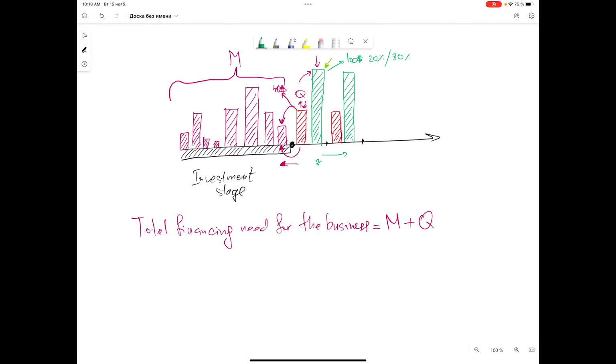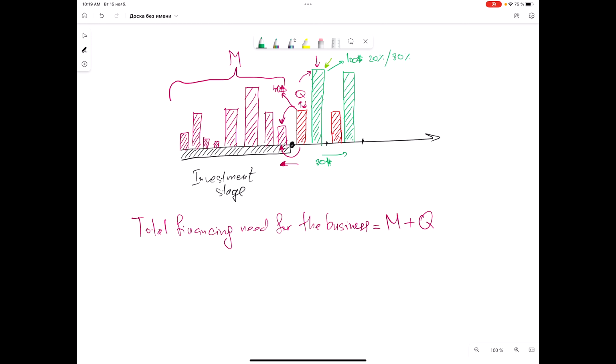So $80 of these 100 will be displaced to the right. You sold your goods or products, but you were paid only 20%, and the rest, $80, will be paid to you next month. And this causes